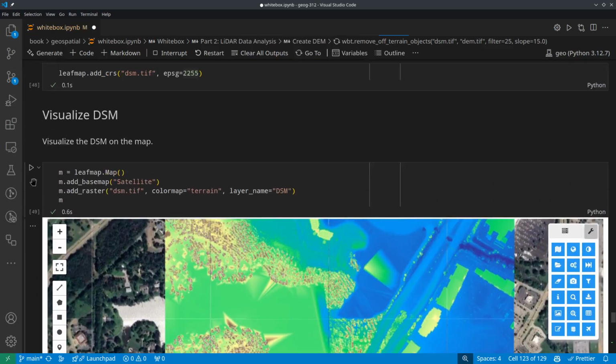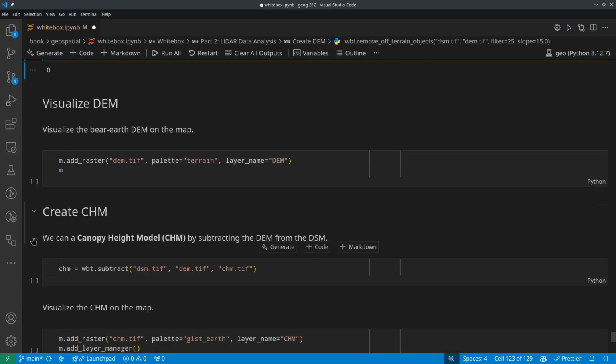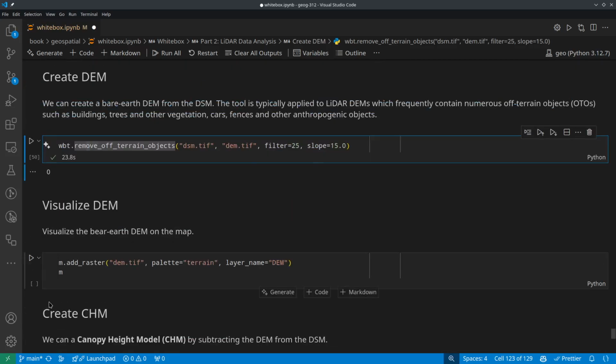So I think we only covered maybe 10, 15 tools. There are over 500 tools, so you can do a whole lot more things if you want to. Again, it's all free, open source, and very tiny. This is just like 20 megabytes compared to installing a desktop GIS, which is 2, 3, 4, 5 gigabytes. It's going to take a lot more space, okay? And I hope you can use some of these in your final project. Utilize some of the new tools to do some analysis for your own projects. Okay, so